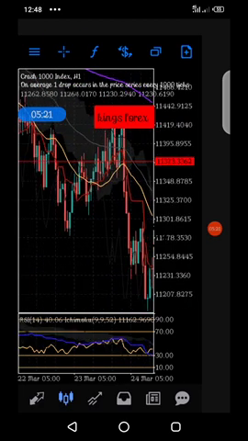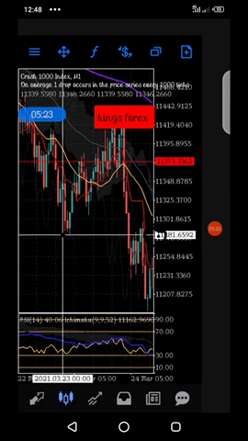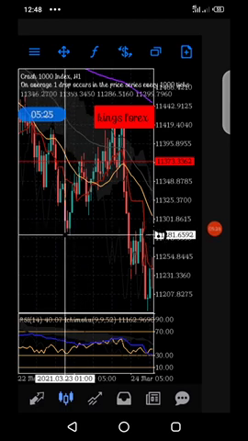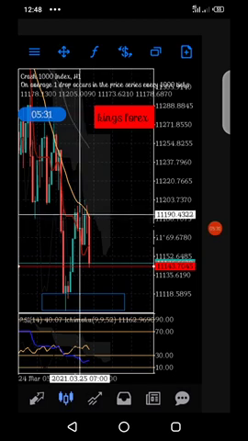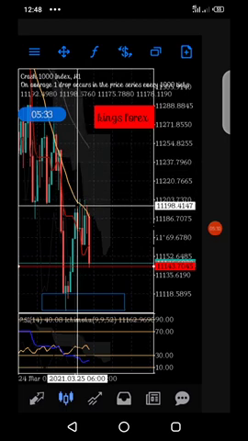That's picking the entry from here, your TP here, and you can still go up again. This is another support here. Then you put your TP here. That's how to do it. You always put your TP where you see support and resistance. So this place is a support, you put your TP here. You go up to the next support and put your TP. That is how it is. So that's how to trade double bottom.